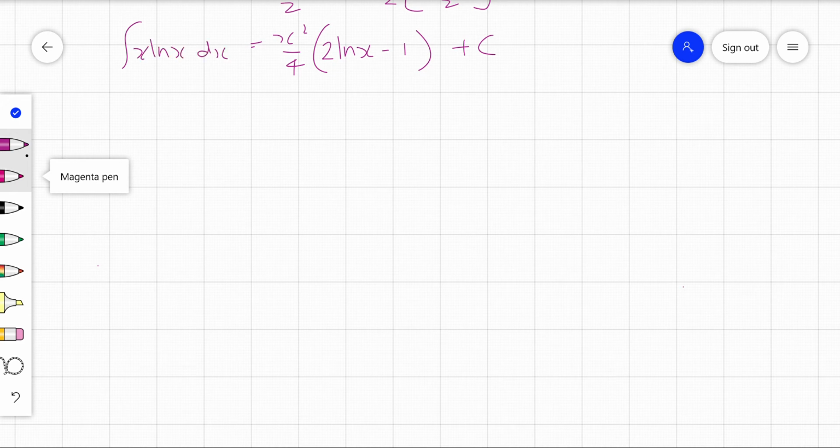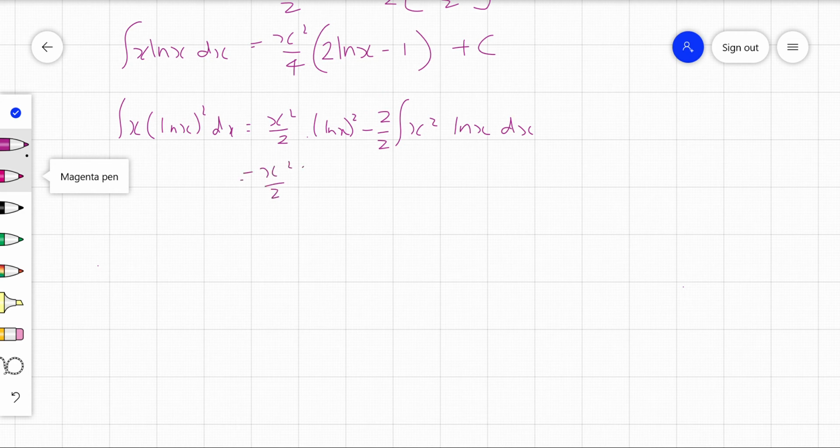So now if I want to integrate x log x squared, I'm going to do the same thing. So I'm going to get x squared on 2 first, and then I've got log x squared minus, so I've still got my x squared on 2, and then I'm going to differentiate the log x all squared. So the 2 is going to come down, then I've got log x to the power of 1 dx. Alright, so you can see there, if I just, so I've got x squared on 2 log x squared minus,